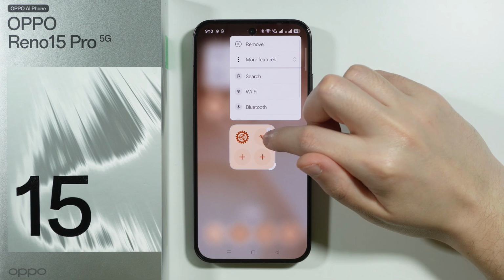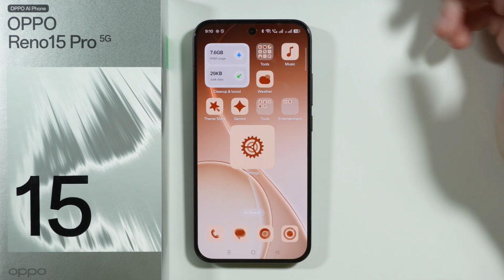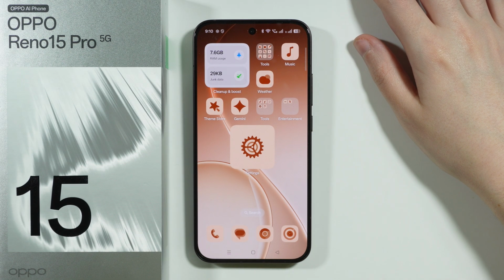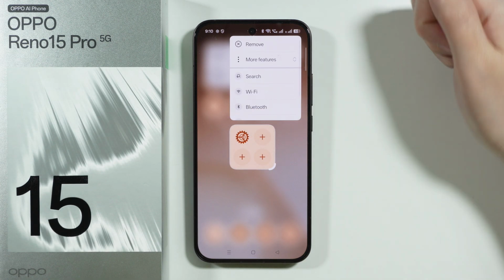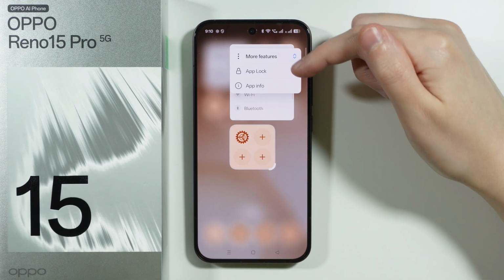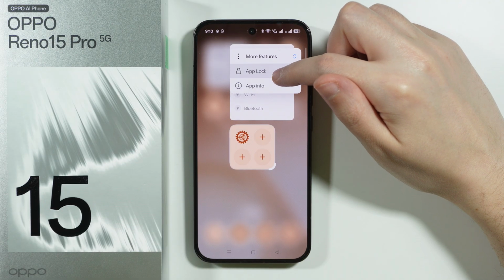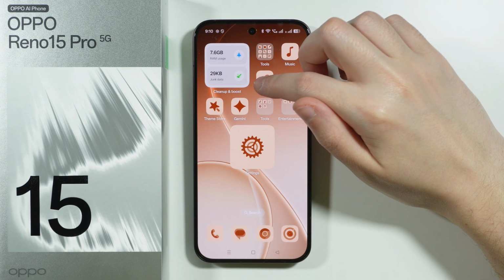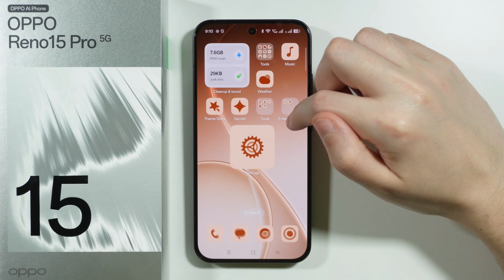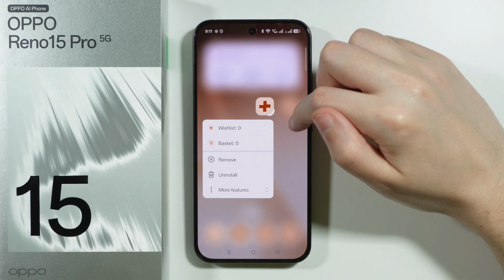If you want to, you can remove them, and if that's the case, then you will just have a bigger app icon. What is also interesting is that we can change the name of the app. So if we go to more features, then over here we should also be able to find the rename option. I believe it should be available somewhere in here, or maybe it's actually not available. I'm pretty sure it was possible,